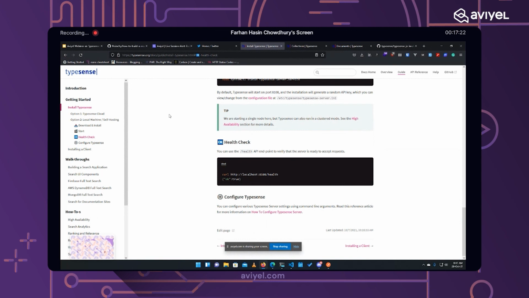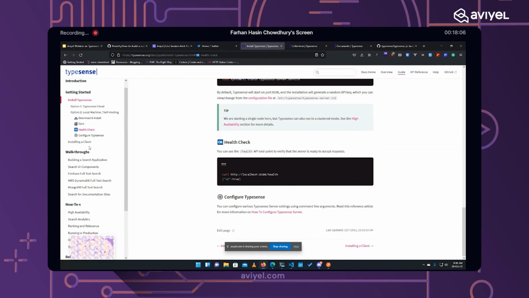As an example, let's say you are working on a brand new project and you want to use TypeSense in there. What you can do is, on your server side, when you are creating a new book data, you can index that to TypeSense immediately. Or in cases where you are trying to integrate TypeSense into an old project, you will have to take the entire data set from your existing server and feed it to TypeSense. Okay, so I will show you how you can do that using the client library, but there are multiple ways of doing that, and I may write articles on those in the future.